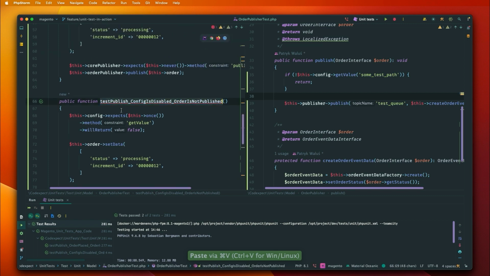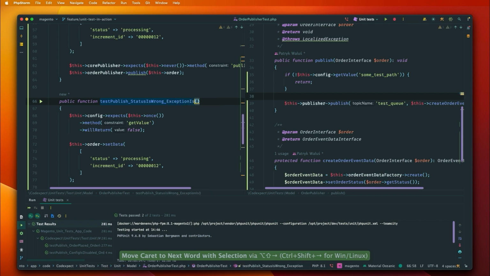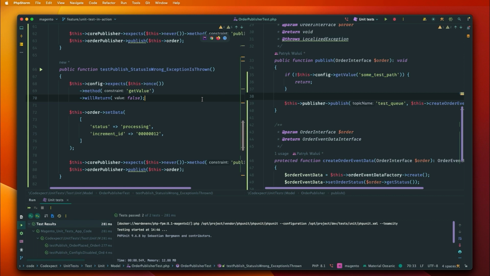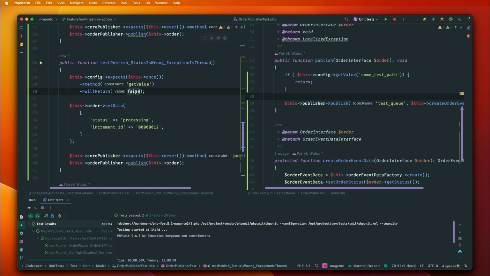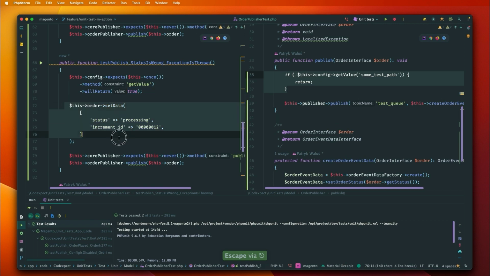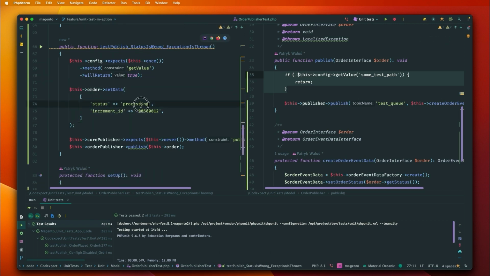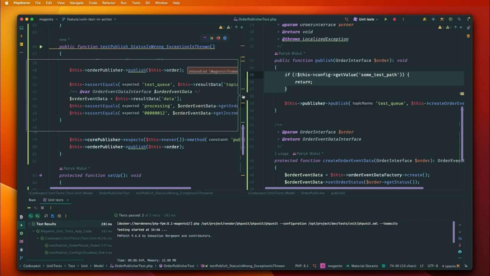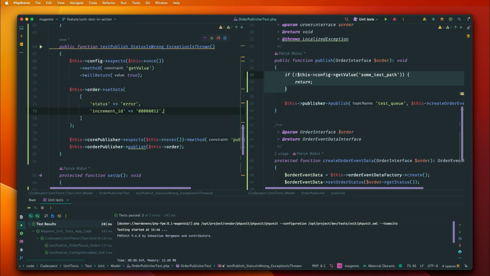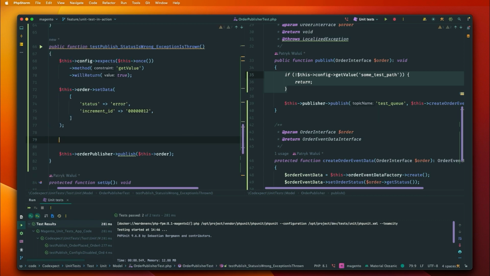We will call it test publish again, status is wrong and exception is thrown. So we will validate our order after this configuration check, so we need to make it true. We need to leave this data, because we need to change the status, so we will just make it error. Increment ID can be like this, and right now this will never be used, so we can remove it, and